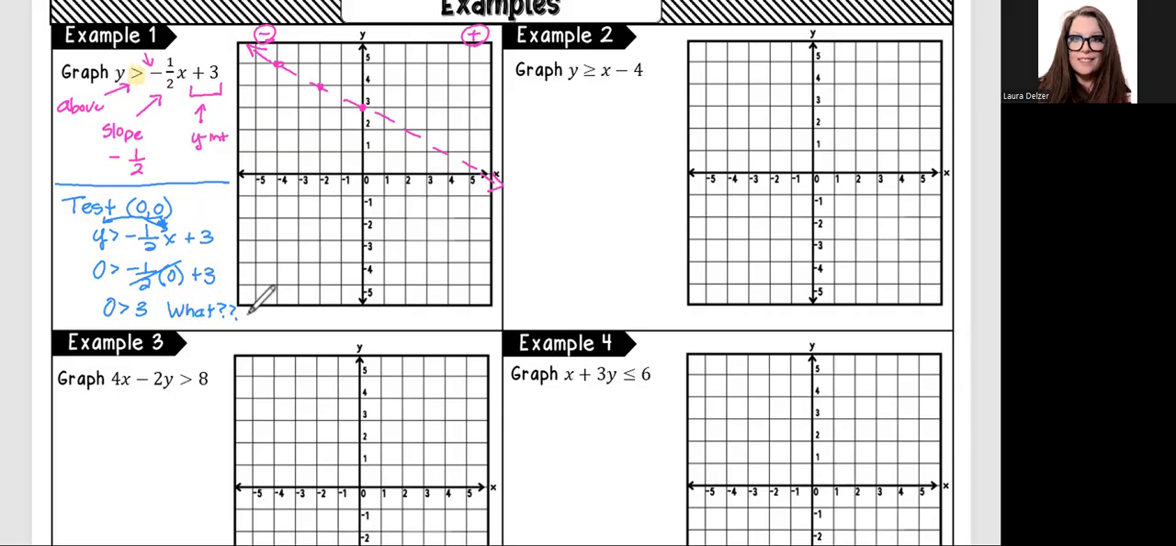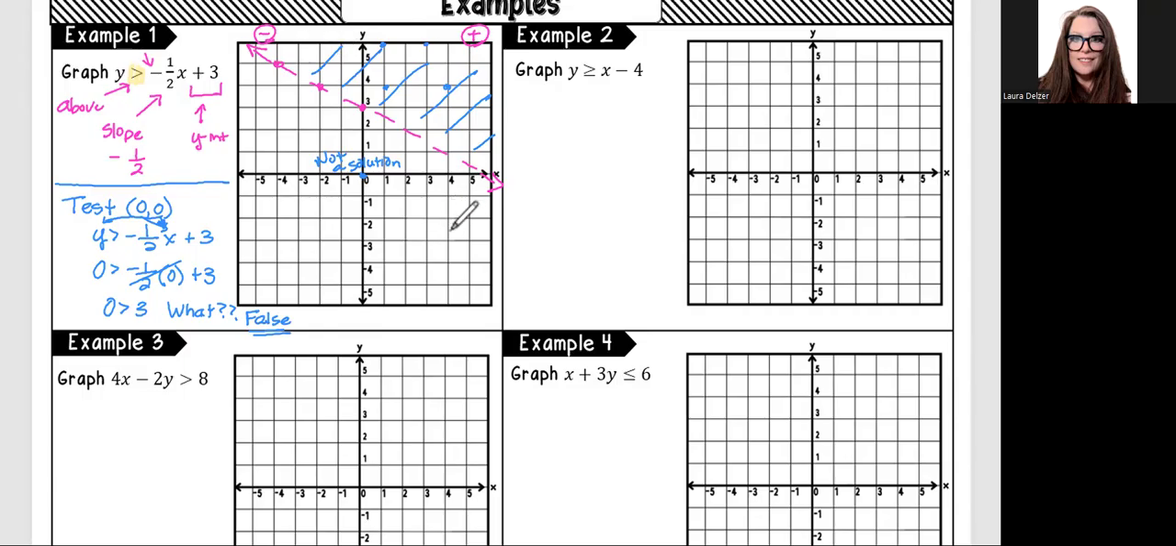0 is not greater than 3. This is a false statement, right? If it is false, that means this is not a solution. Not a solution. Okay? It means this way is a solution. So every point over here, this point, and this point, and going to infinity, this point, and this point,